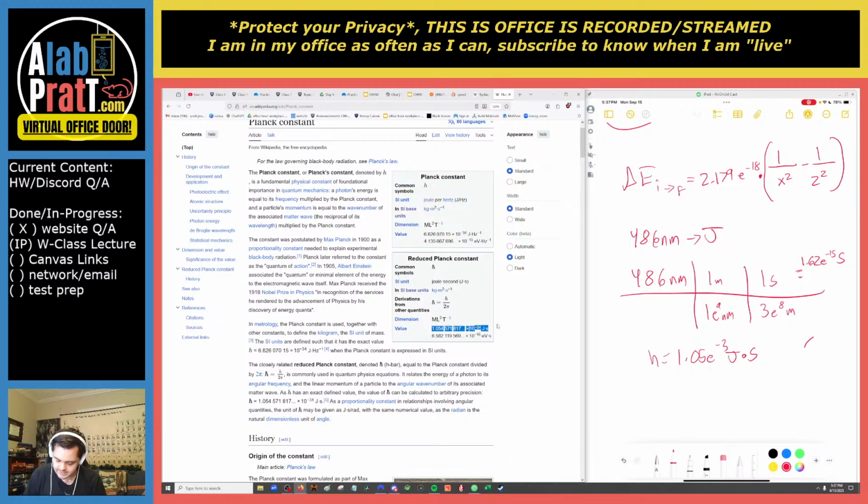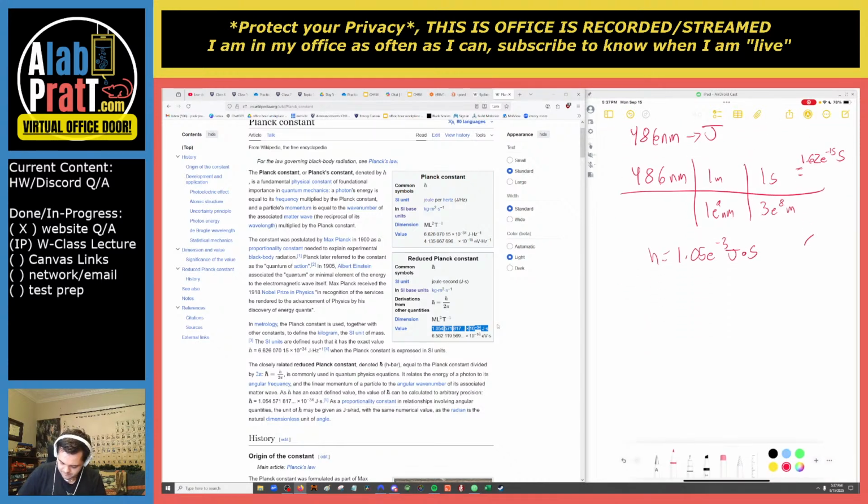If the speed of light is equal to meters per second, and a wavelength can be converted to meters like I did up here, and I try to say there's some equality of this, the speed at which this thing is going over time is equal to the wavelength of something times